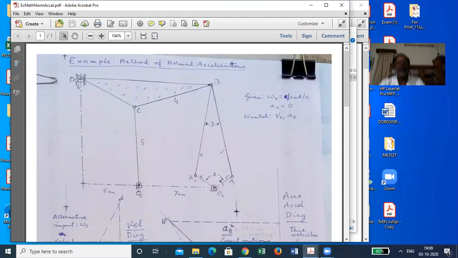So this example is from one of your earlier assignments in which you were asked to find out the configuration in which this ternary link BCD will be so positioned that BD will be horizontal. Now this diagram happens to be my solution of it. Okay. Now here BD does not look horizontal, and that is because of the scan being skew.